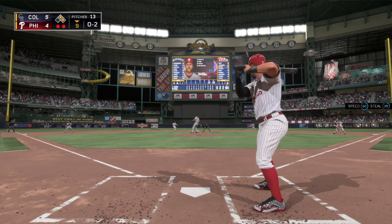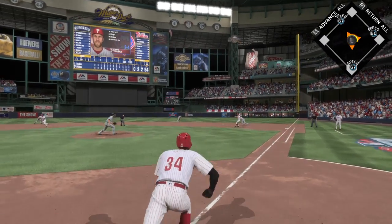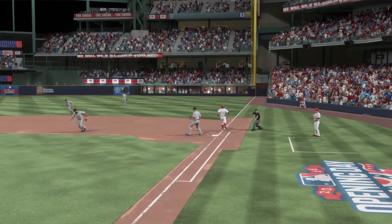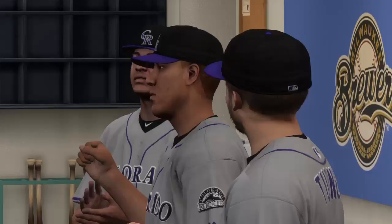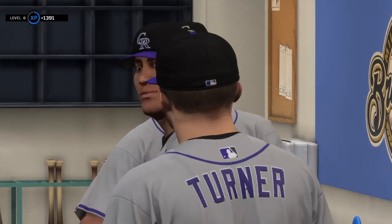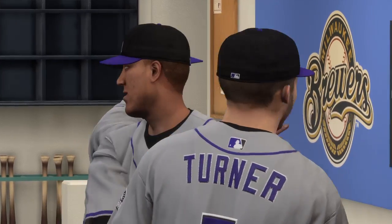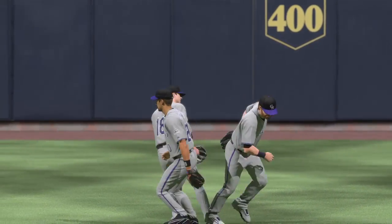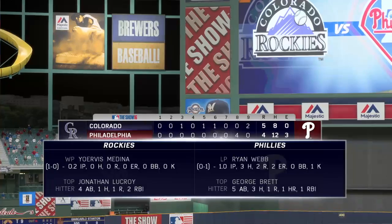Has them down to their final strike. Here it comes. Ground ball right side. A dive, and he knocks it down. Throw to first here will be in time for the final out, and the Rockies move to 1-0 on the young season as this ball game is over. Well, just a really nice come-from-behind victory here as they took the lead in the top of the 9th and then made